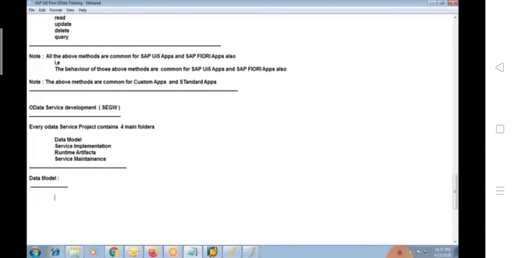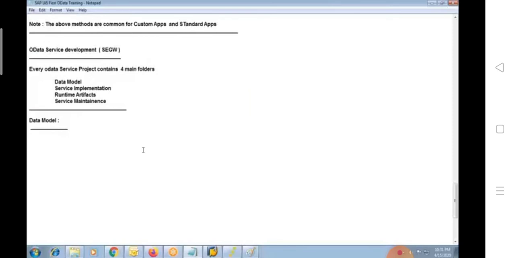In case of data model, we are going to use 3 main options. One is entity type, then entity set, and association set, and here we can have principal entity type. I'll just give the overview as of now. First let me write this, and dependent entity type.